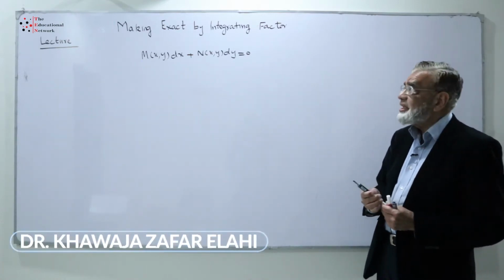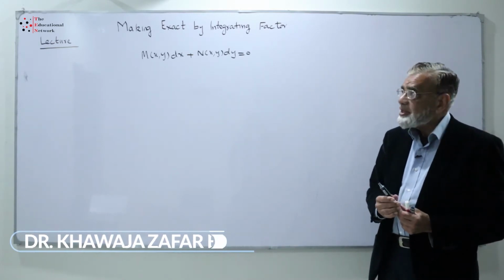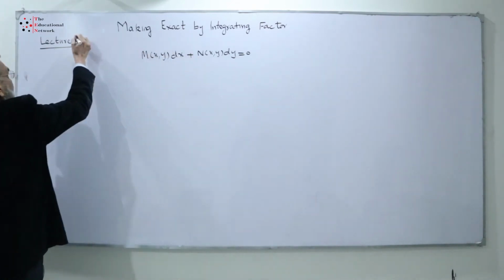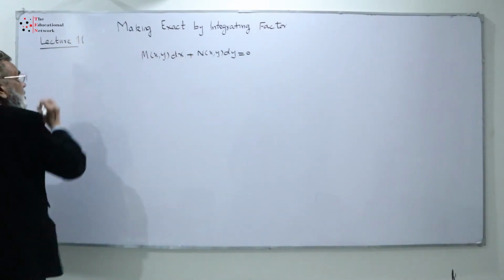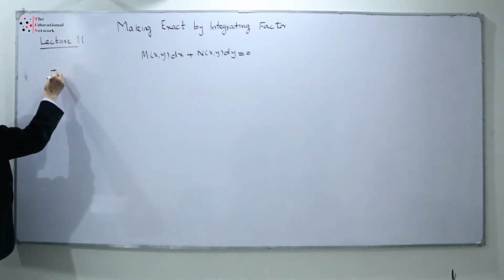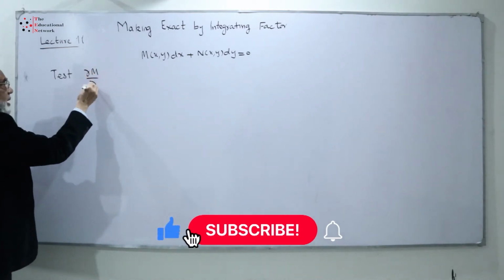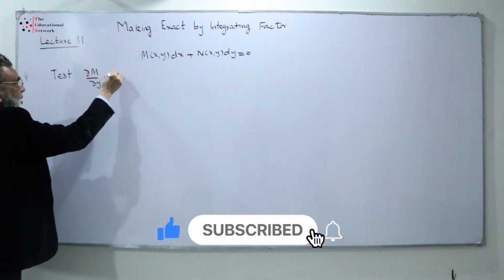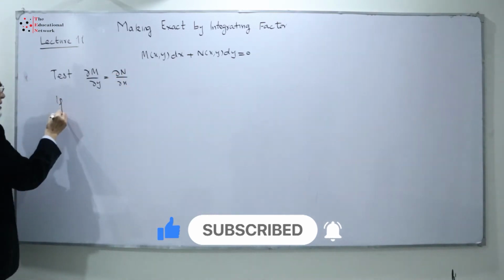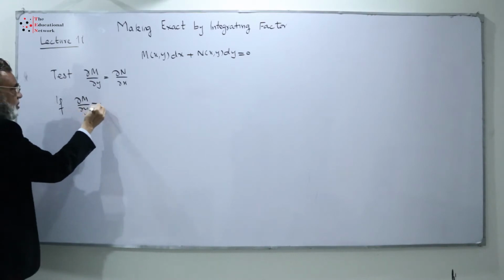So we are just discussing the exact differential equations, and as you know, we discussed the exact differential equation in the last lecture. Now this is our lecture 11, and we are going to discuss the equations which are not exact. We have the test for the exact differential equation. That test is that partial M by partial y is equal to partial N by partial x. So if we have the case that partial M by partial y is not equal to partial N